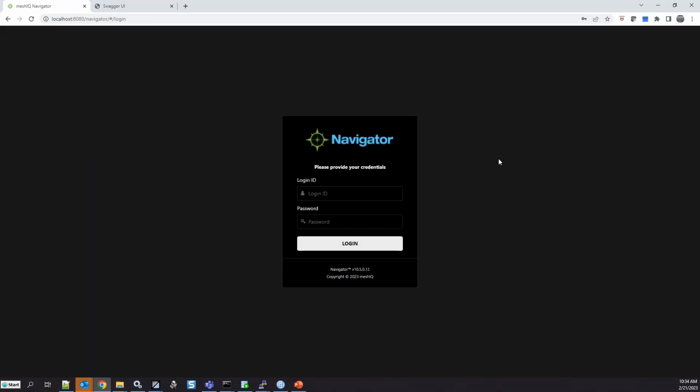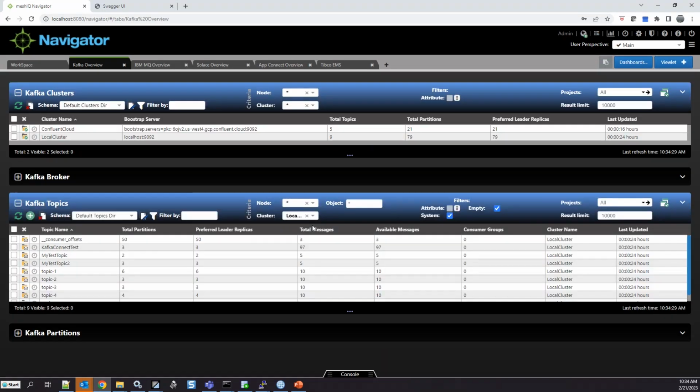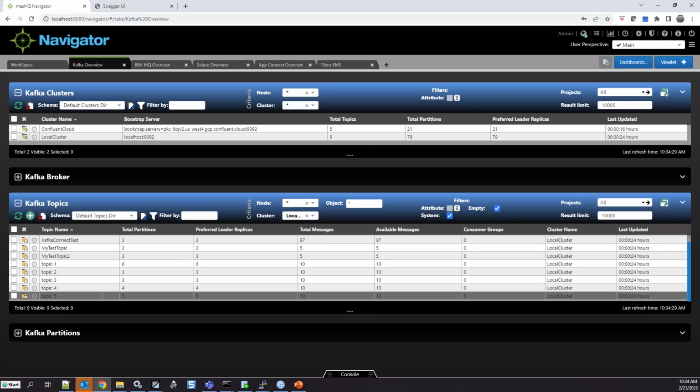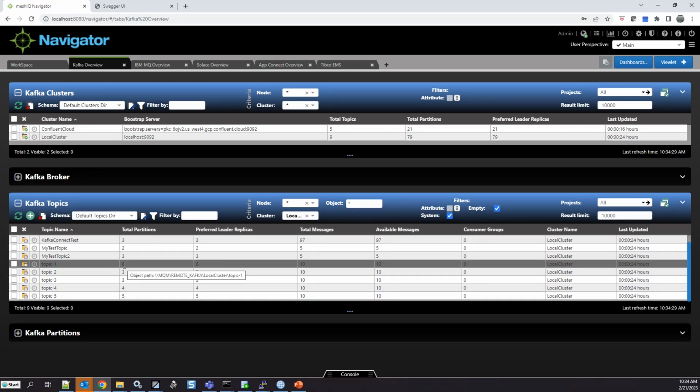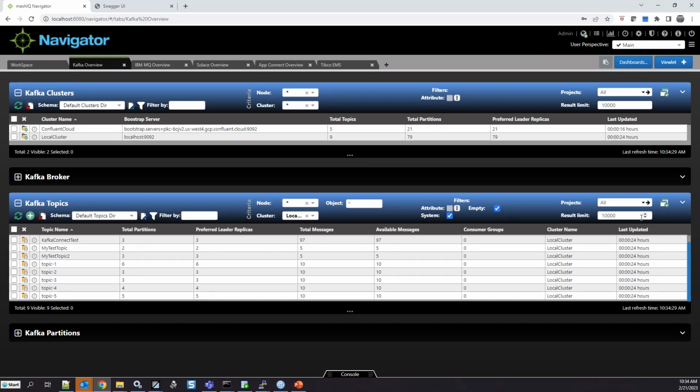And now let me log back in as admin, because this is kind of an interesting thing. Remember, when admin was in here, admin could see everything. Well, let's say that admin is actually just interested right now in saying, what can the Kafka admins see? So here's Kafka admin.